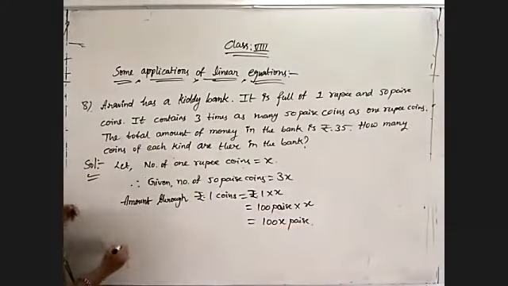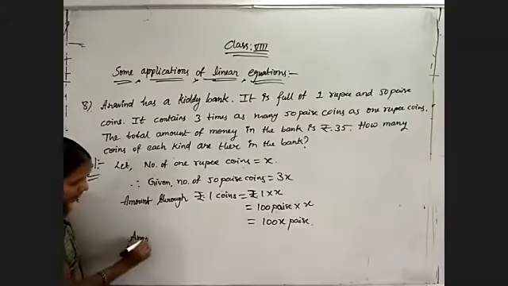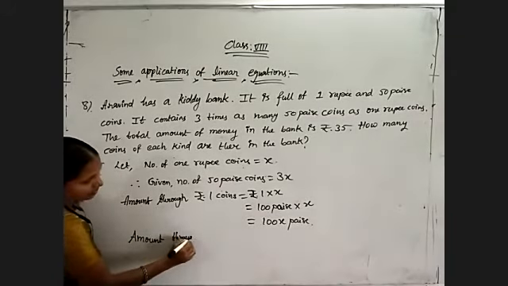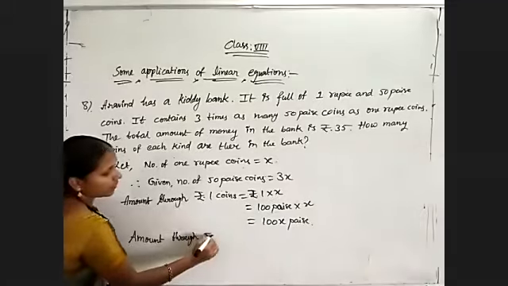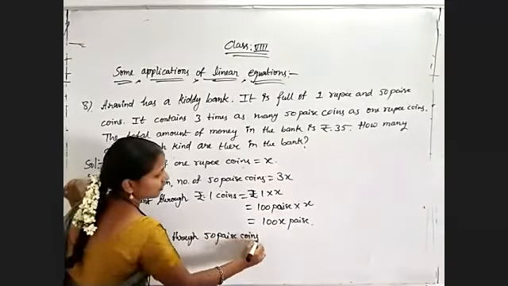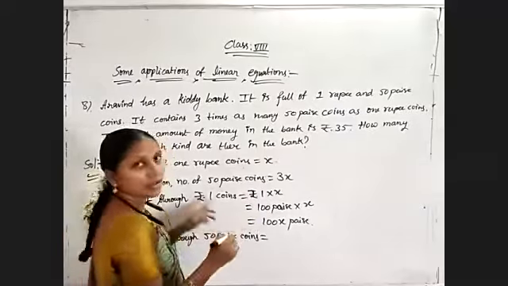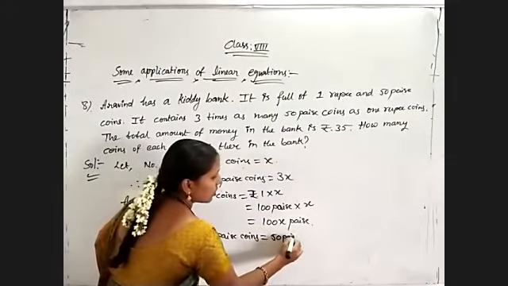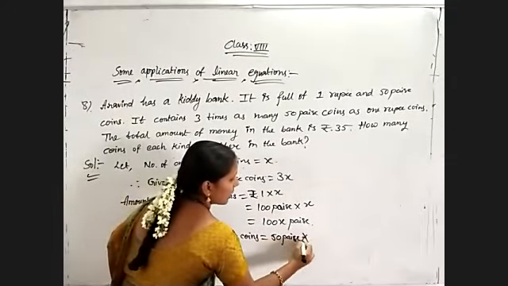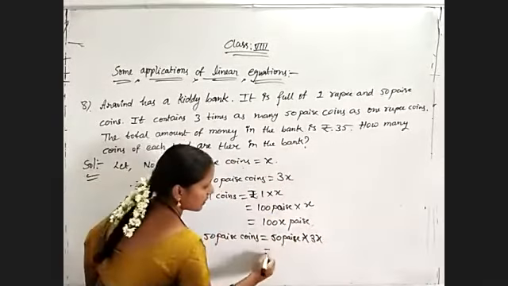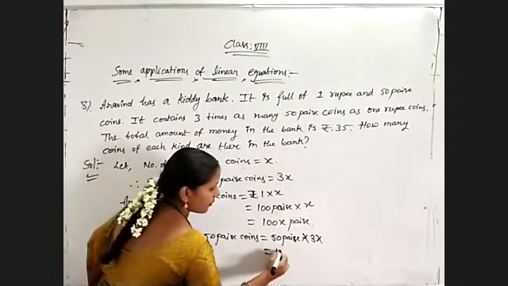Okay, and amount through 50 paise coins is equal to 50 paise into 3x. So number of 50 paise coins is equal to 3x, so 50 times 3 is 150x